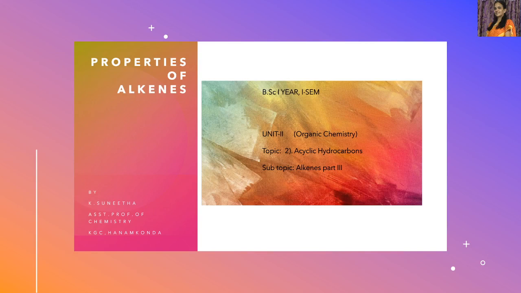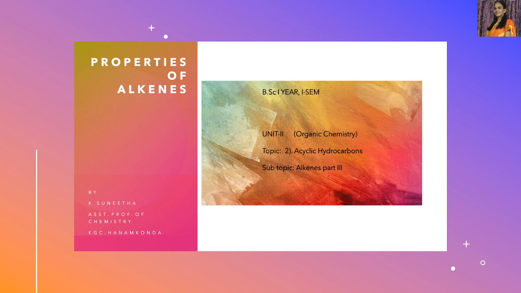Today we are going to discuss alkenes, third part. Here we are discussing the chemical properties of alkenes. We have already started. A few of the properties were finished in the previous session, and today we are going to discuss the rest of the chemical properties of alkenes. Alkenes is a subtopic of hydrocarbons, which is part of the second unit, organic chemistry, of the first semester for BSc first year students. So now let's discuss